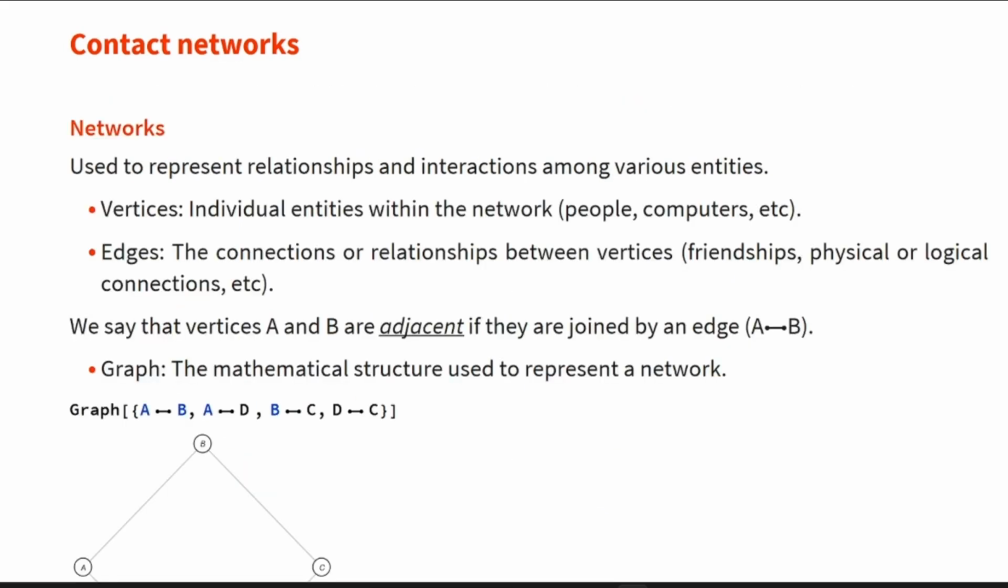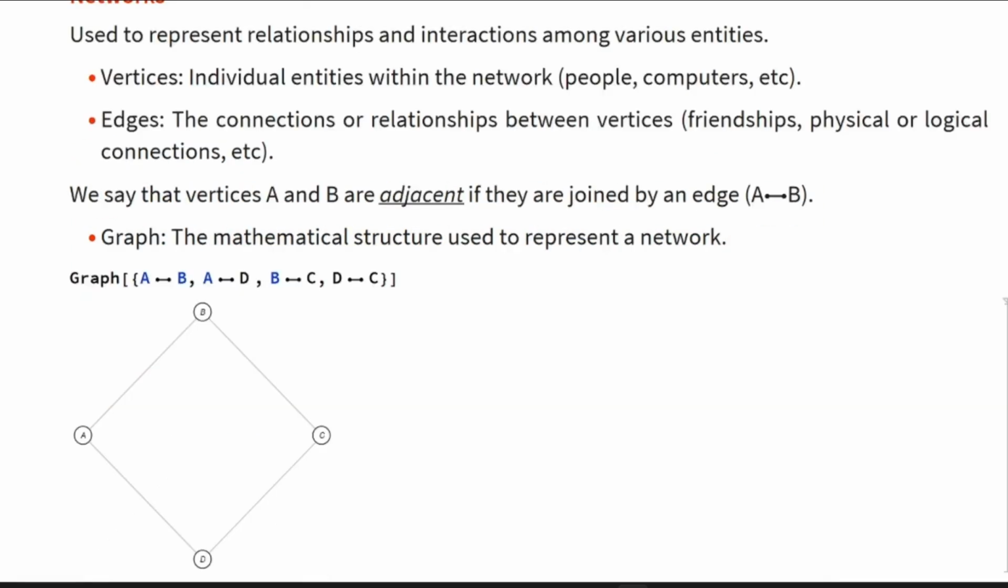Now, before exploring the contact network, let's see some important definitions. Let's begin with networks. Networks are used to represent relationships and interactions among various entities. The vertices are the individual entities within the network, such as people in a social network, and the edges represent the connection or relationship between vertices. We say that vertices A and B are adjacent if they are joined by an edge. And finally, the last definition is a graph. A graph is a mathematical structure used to represent a network. It consists of vertices and edges, and we can specify a graph in the Wolfram language by specifying the edges